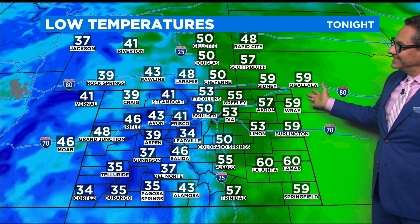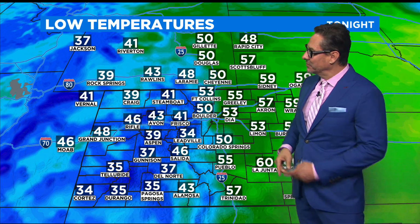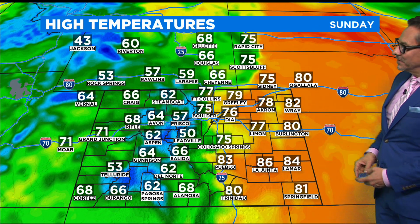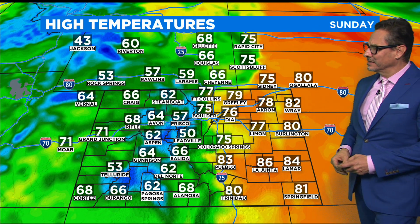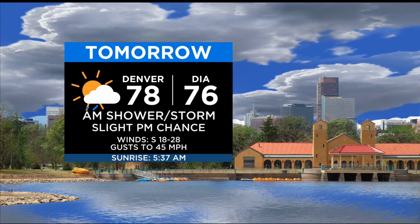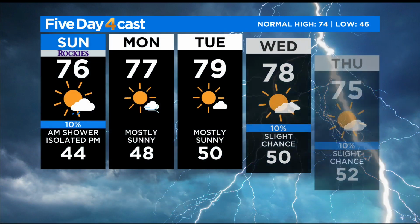Lows tonight, 50s and 60s in the eastern plains, 30s and 40s in the mountains, and temperatures will be cool in the mountains and the warm stuff here in the east. A little bit warmer for us. I think we'll get into the mid-70s around the Front Range tomorrow. So tonight, still a couple of showers and thunderstorms that may linger into the overnight hours. We'll be in the 50s for the low tomorrow, mid to upper 70s, a morning shower, maybe a slight chance